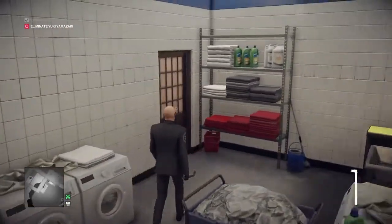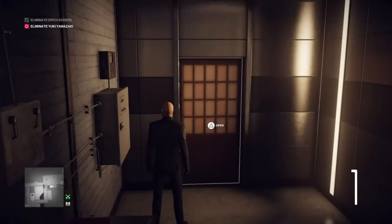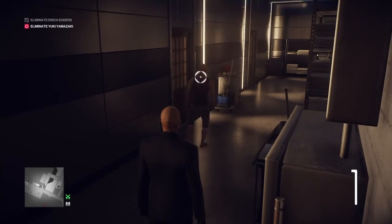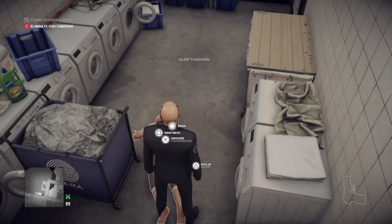So we're just going to exit the laundry room now, and we're just going to wait by the door at the end of the corridor, and in a few moments the yoga instructor will arrive. There he is, bang on cue. So we're just going to close the door behind him, target him with our lead pipe, and once he's in the laundry room we're just going to knock him out, retrieve our lead pipe,